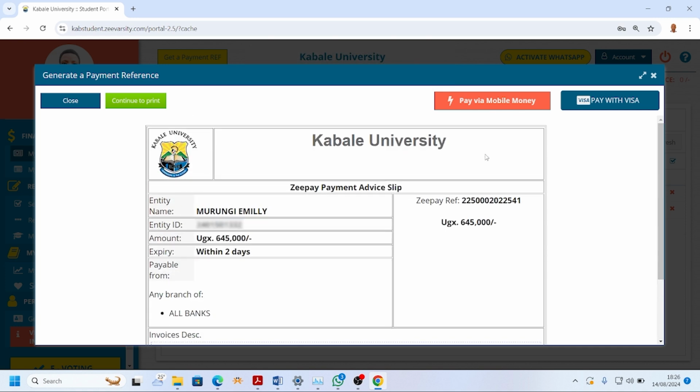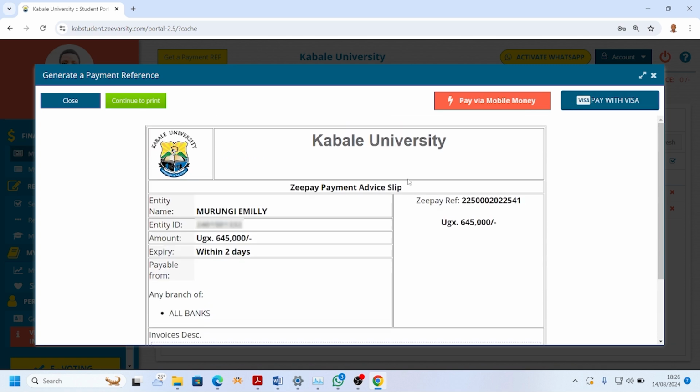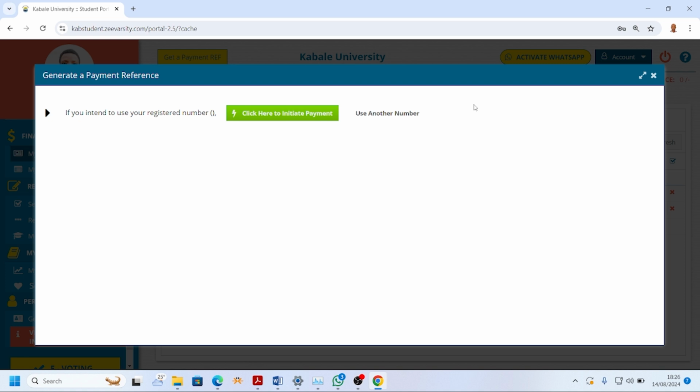So in this case, we can choose to pay via mobile money, or we pick out this reference number, move to the bank agent or to the banking hall itself and do the payment. If we choose to pay via mobile money, we choose this option, via mobile money. Then when we click here to initiate payment, it will take us